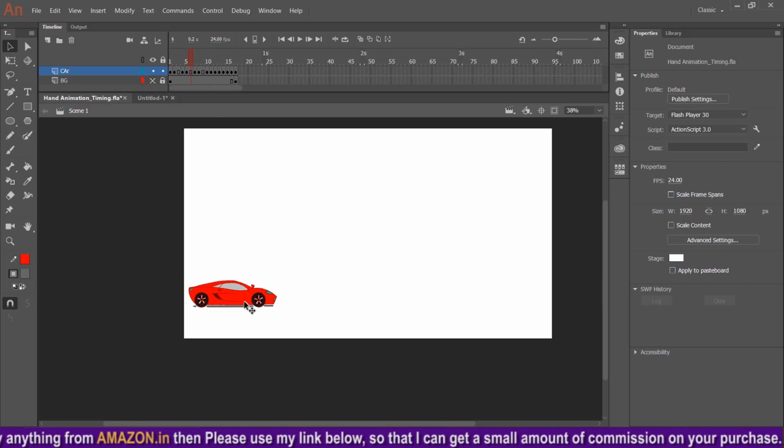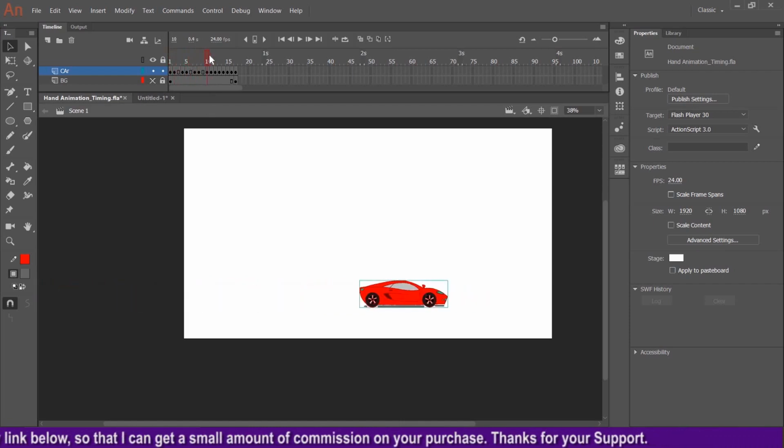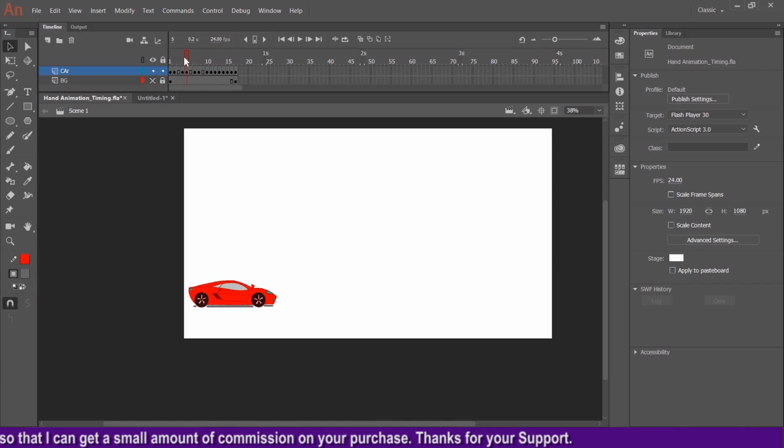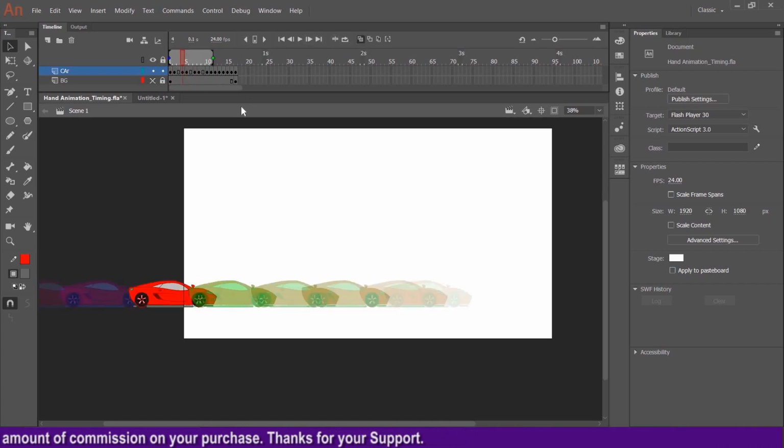And if you want this animation to have more speed from the beginning, but at the end it should be slow, then you can remove some drawings from here. See, but you need to adjust the spacing, because if it is too far from each other, then it will look abrupt.